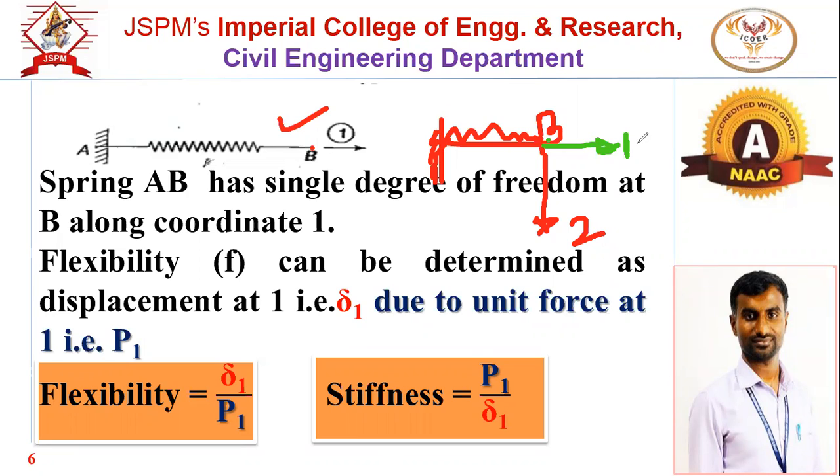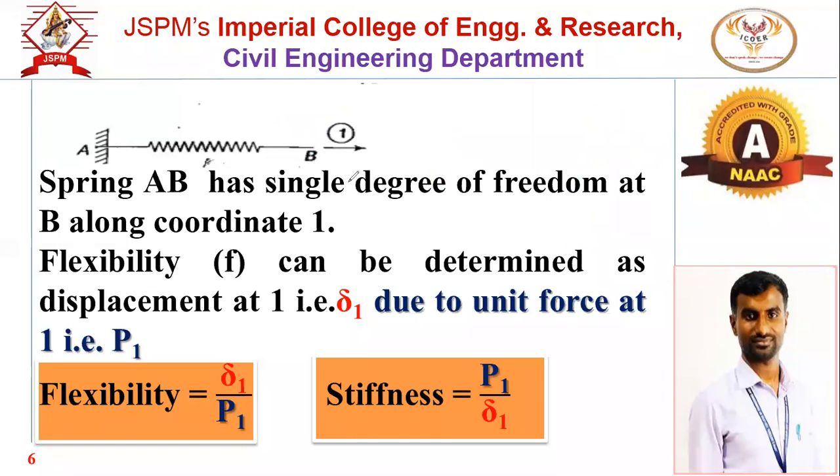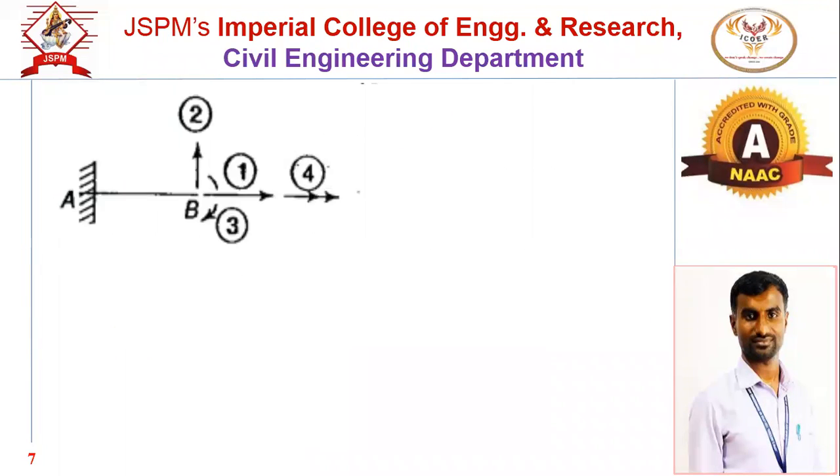One is horizontal displacement, second is vertical displacement, and third will be bending, flexural displacement. A fourth is also there, but that is not in your syllabus. That will be twisting, so it may have the twisting effect. So at the free end we have 4 degrees of freedom, but here for understanding we considered only 1 degree of freedom. Practically that is not the case. So these are the 4 degrees of freedom possible.